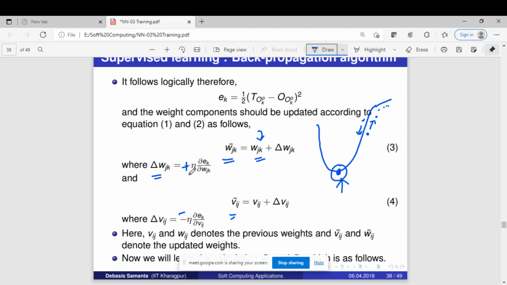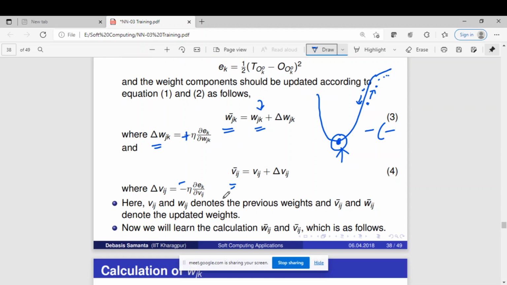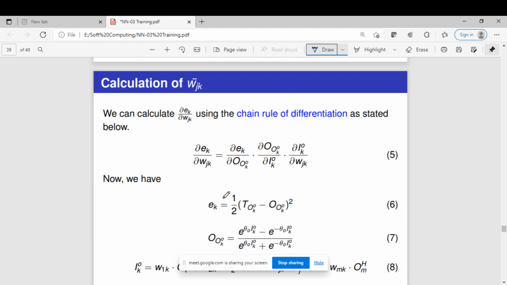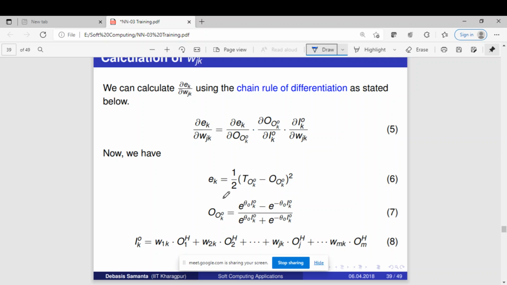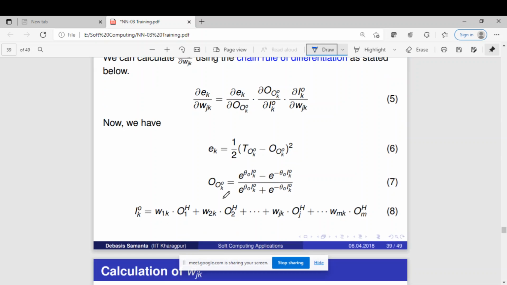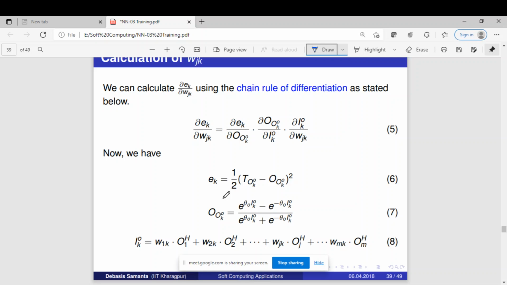This minus sign will also work for a maximization problem. In that case the gradient itself will be negative, so it becomes minus of minus, which is plus. So either way it will work. It should be minus, please remember this. That is the reason this minus comes into the picture. Fine. Now let us see how the back propagation part is actually done.